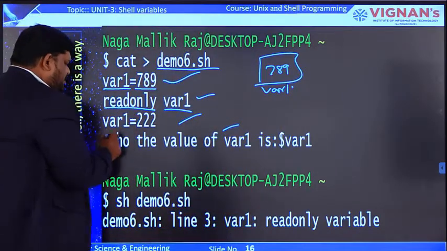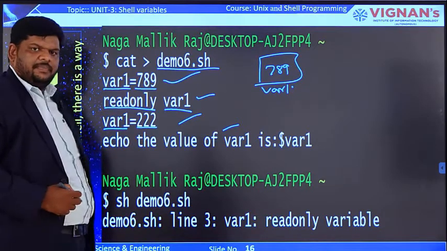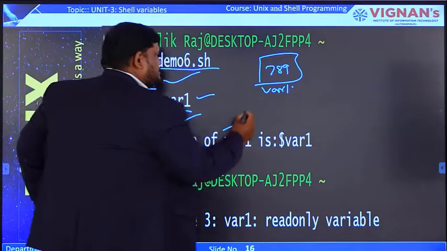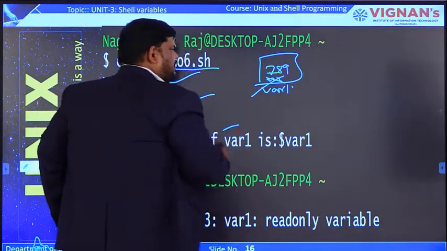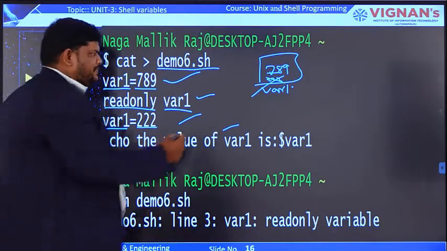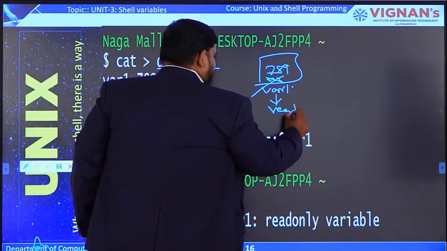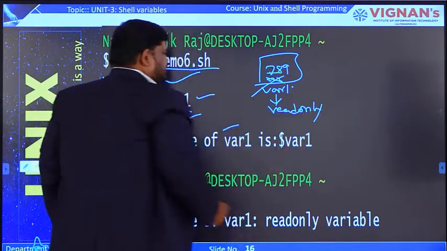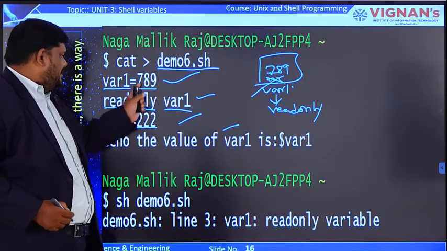Now I am trying to access it: the third statement is var1 is equal to 222. If I try to change this value to 222, it will not allow us to overwrite it with the new value, because var1 is declared with the readonly command. So it can't give access to change the old value.